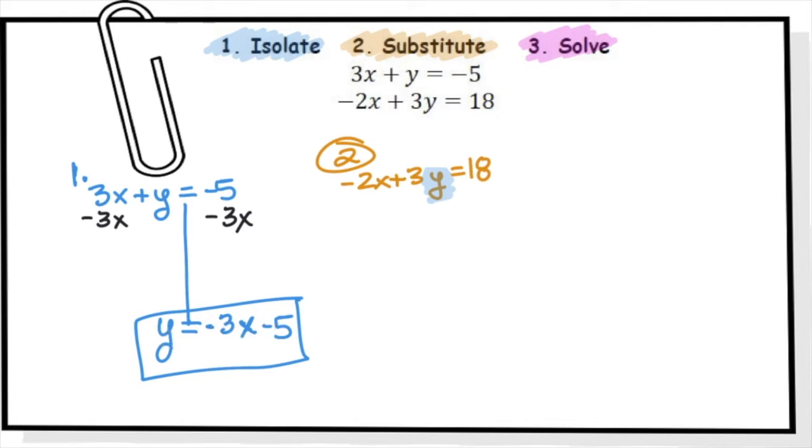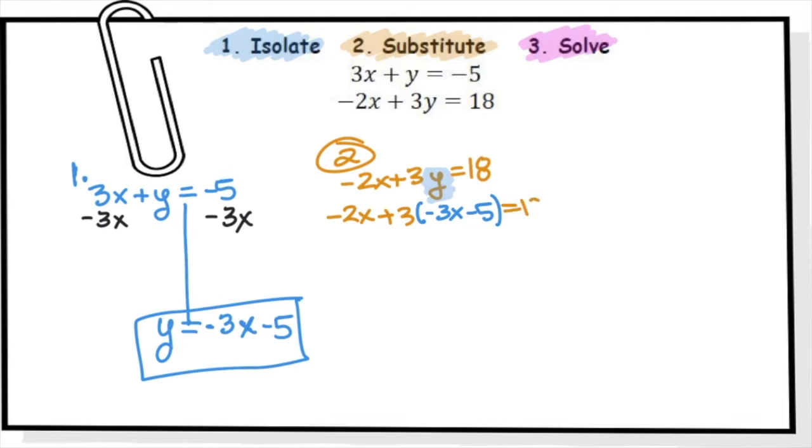I know that this is y. So this is the way that it would look. Negative 2x plus 3, and then my substitution, instead of y, always we use parentheses to substitute: negative 3x minus 5